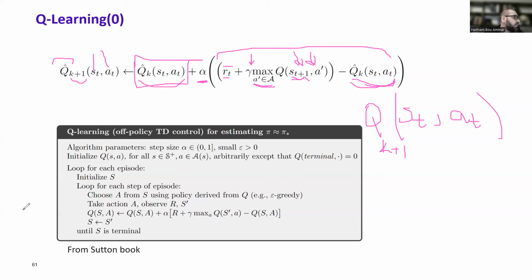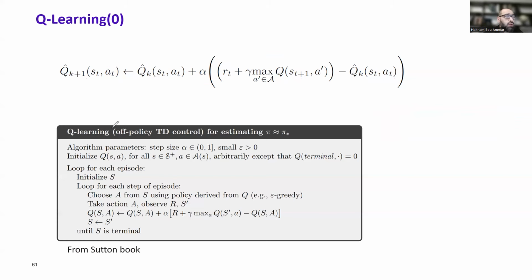Now, notice that there are different variants of this Q-learning algorithm, and we will go through them, but they will differ by how much you're going to look into the future, and we're going to discuss that a little bit later. However, now we can look at the pseudocode